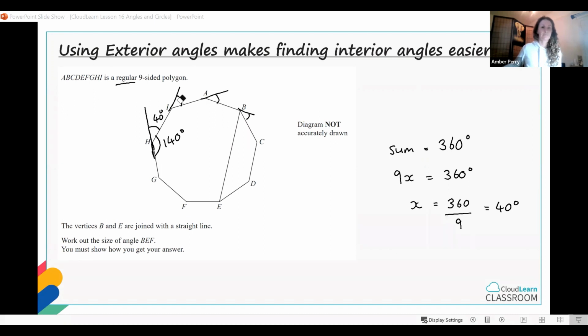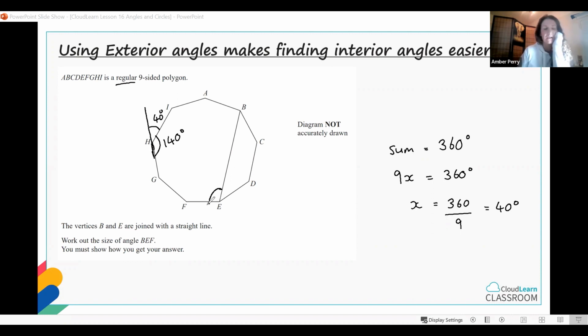So we've done part of it anyway. Right, I'll leave that exterior angle on. So the vertices B and E are joined with a straight line. So we've got a regular 9-sided polygon, a straight line here, okay? And then work out the size of angle BEF. So working out the size of this angle here, okay,